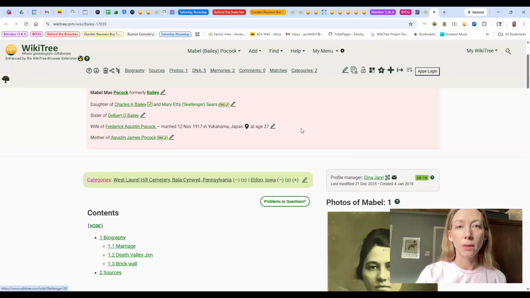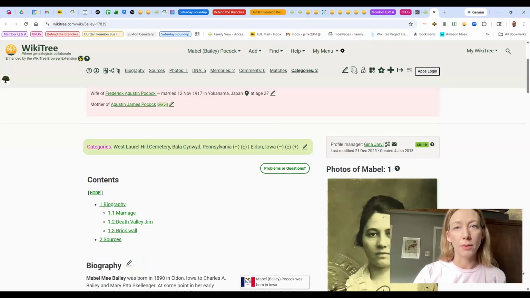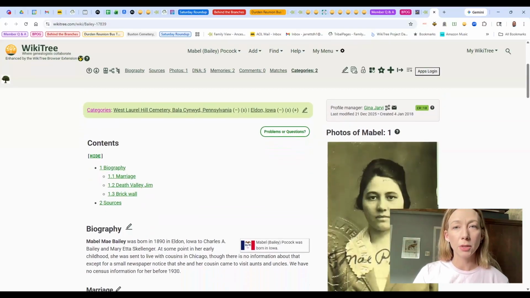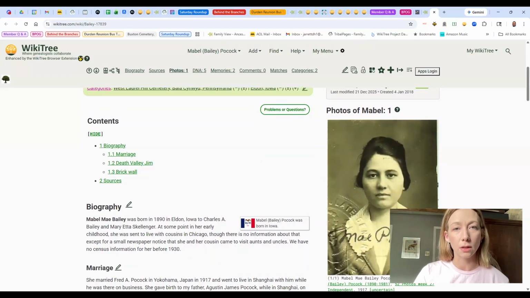My grandmother Mabel had been missing all these years except for one tiny little article in an Ottumwa newspaper that said she was visiting from Chicago with her cousin and staying with her aunt and uncle. Why not mom and dad? I thought that to be exciting and sad. I deduced that if her mother was drinking and not in great shape, perhaps Charles sent the two siblings to stay with her mom's sister in Chicago.